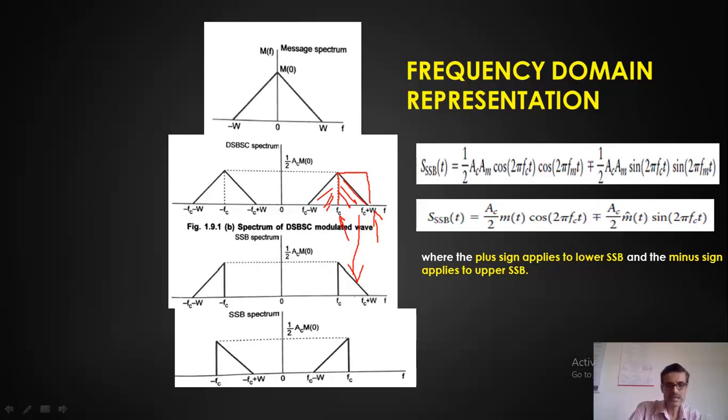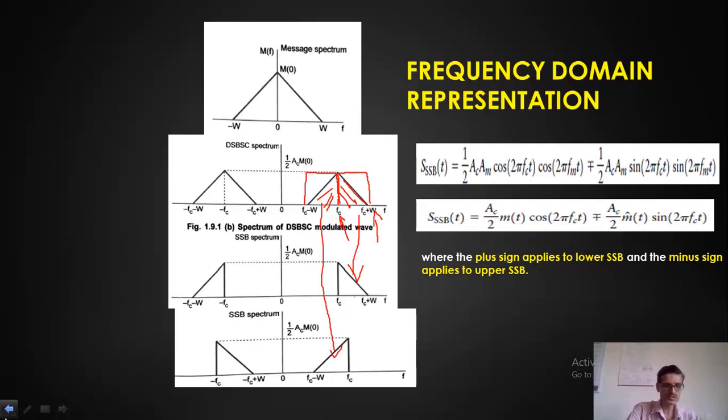Now, if I design a band pass filter with a response like this, since the spectra are overlapped, I have to go with the ideal response. That is the major disadvantage of the frequency discrimination method. In this case, the lower cutoff frequency is Fc minus W and the upper cutoff frequency is Fc. So only this spectrum is allowed to pass and we get only the lower sideband. Hence only one sideband is selected and transmitted to the channel.